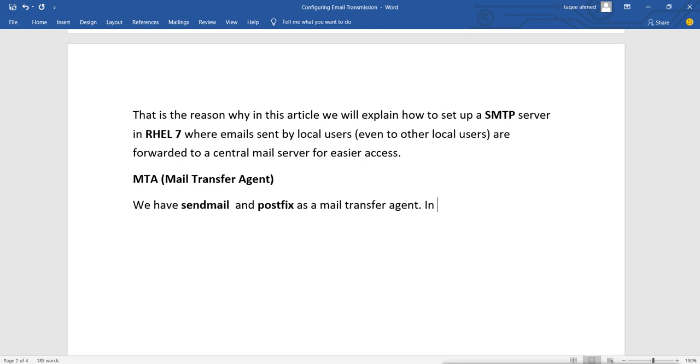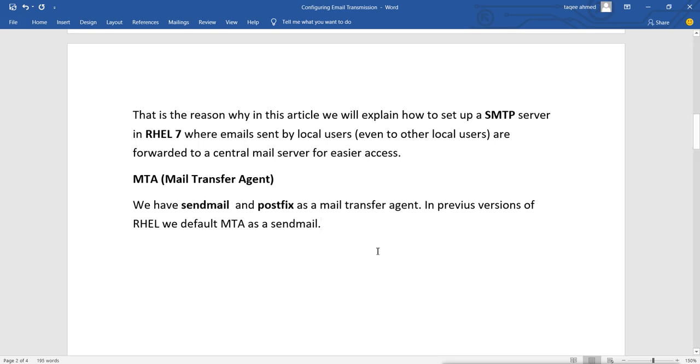Now, in previous versions of Linux, of RHEL, we had a default MTA, Sendmail. So Sendmail was the default MTA available in these previous versions of Linux. Now we have Postfix.